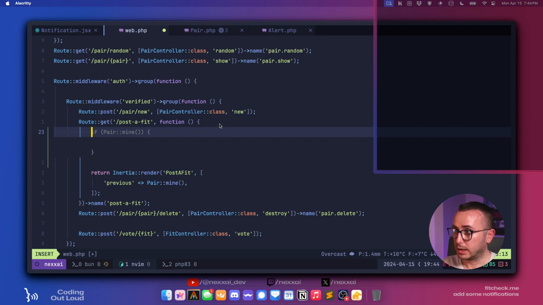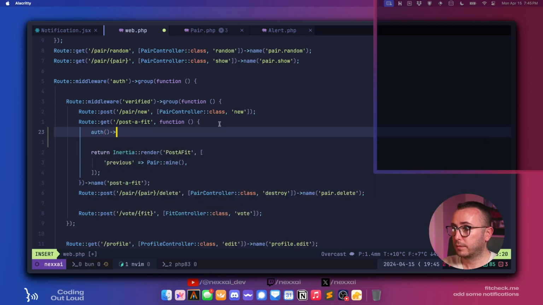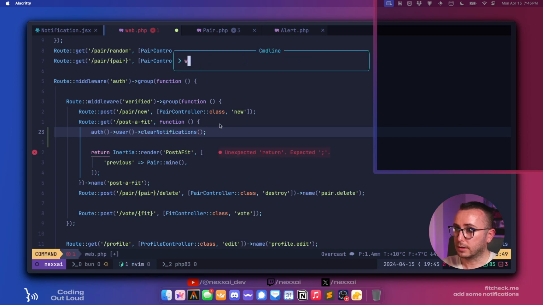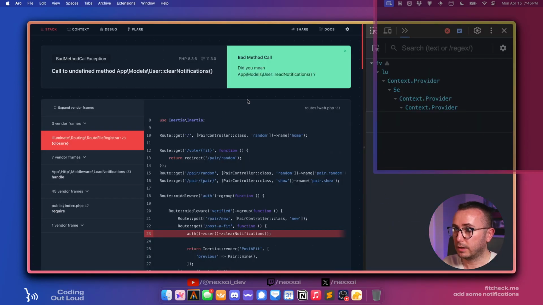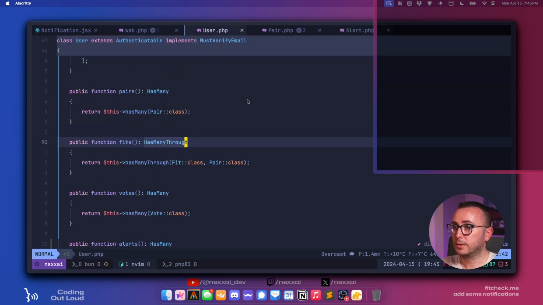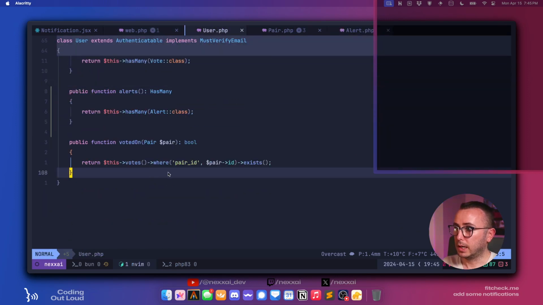So we just want to say, so you have to be logged in here. So we can say auth user clear notifications. And obviously this is not going to work because it's not a thing, right? It's going to fail. We don't know what that means. We go into our user model and we say